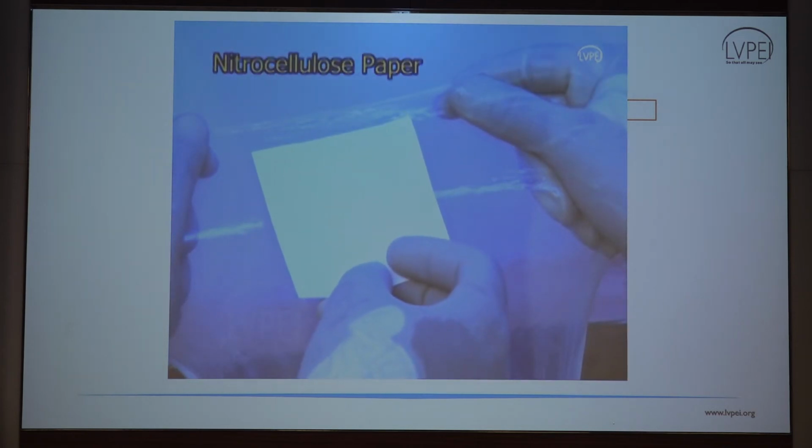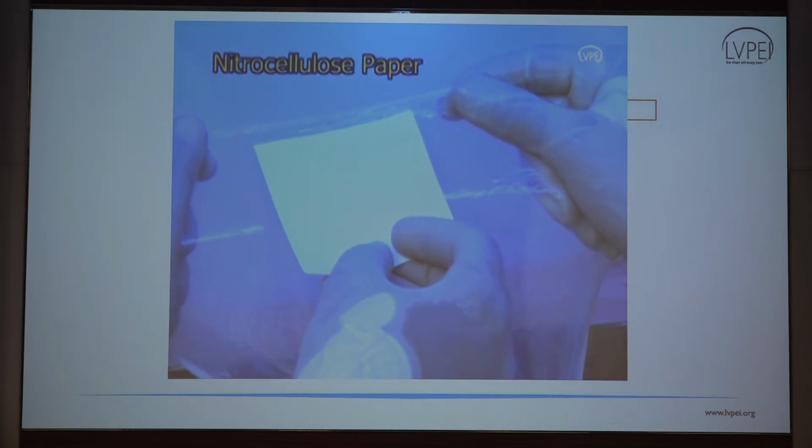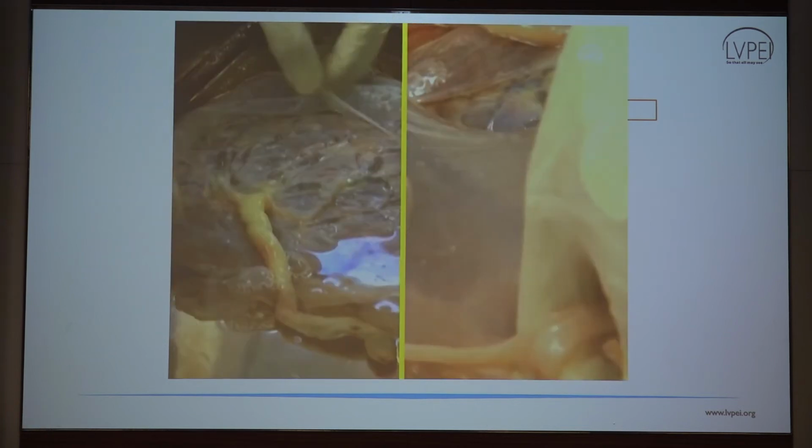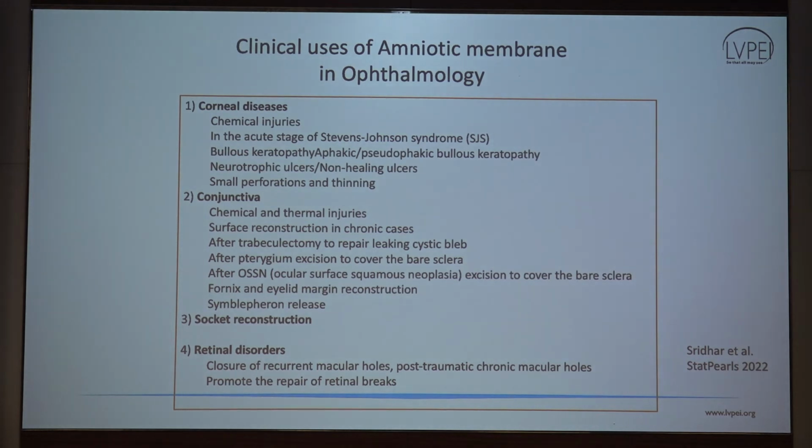Cellulose acetate paper or nitrocellulose paper is attached to one end, and it is placed in the DMEM medium and stored at -20 before being sent for utilization. There is an extensive use of amniotic membrane in ophthalmology, both in cornea, conjunctiva, normal saline. Yes. Yes, yes, and negative serology.